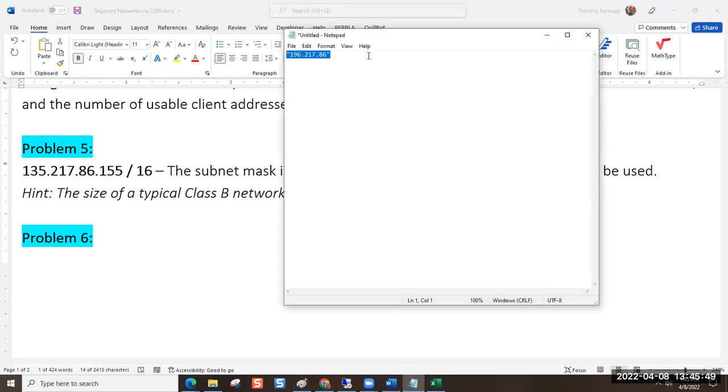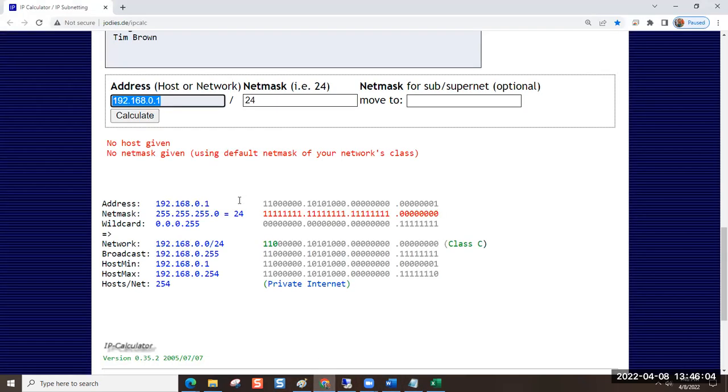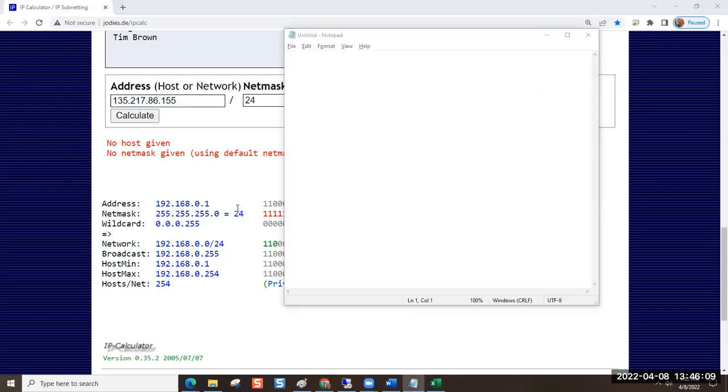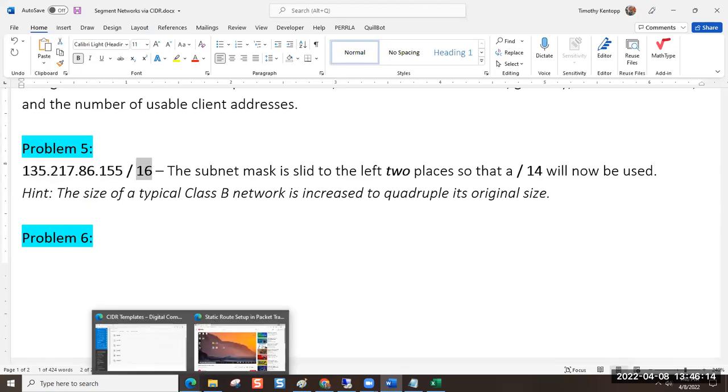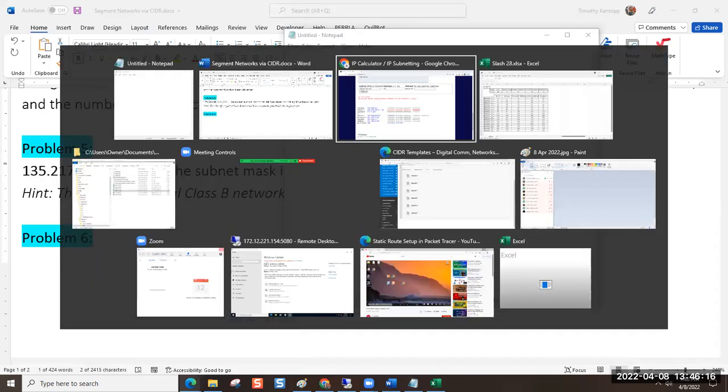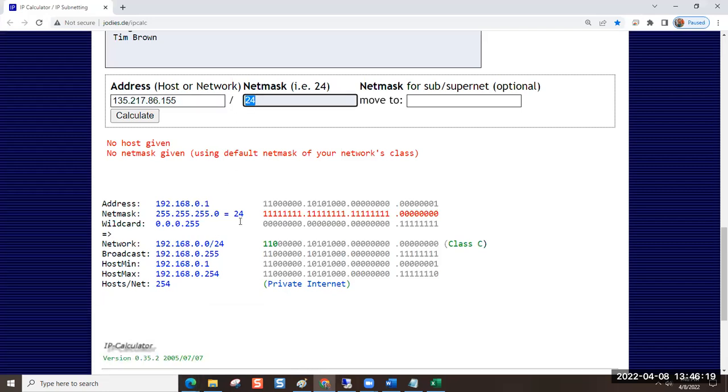Yes. And I'm going to put it in my notepad first because I want to wash the formatting and font and characters out of here before I push it into the website. So that's my IP address. I'm going to go into here and I'm going to paste this in here. Is my subnet mask a 24? No, it's a 16. So everybody see that? So I'm going to change this to a 16. Is everybody with me so far? Yes. Okay, now